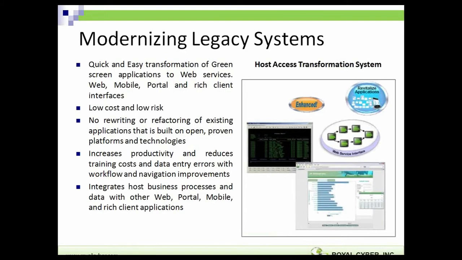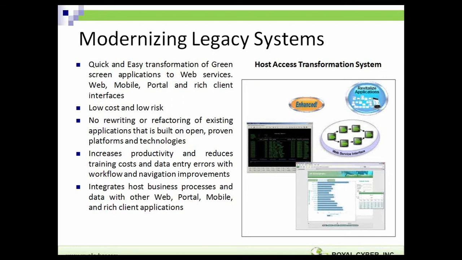So now we will move on to the introduction to the HATS tool. Rational HATS is a premier IBM product suite that is inarguably the best tool for presenting old green screen applications in a modernized manner, and it does it very rapidly and efficiently.